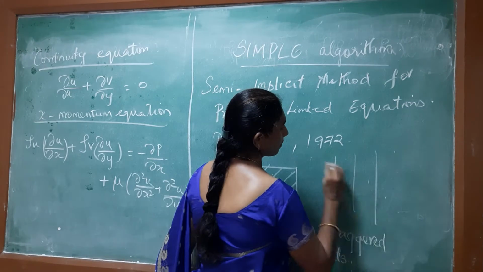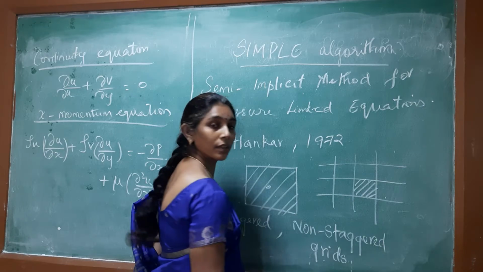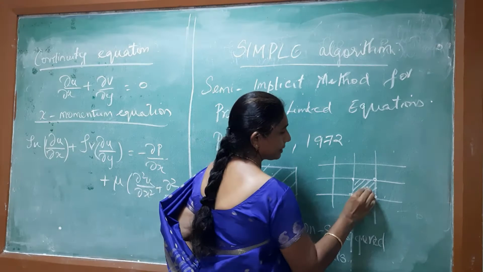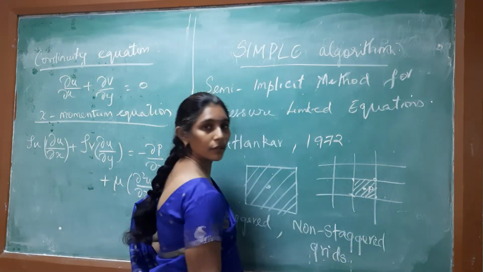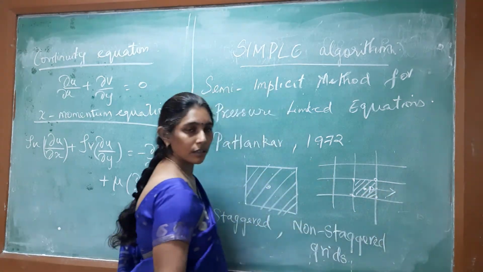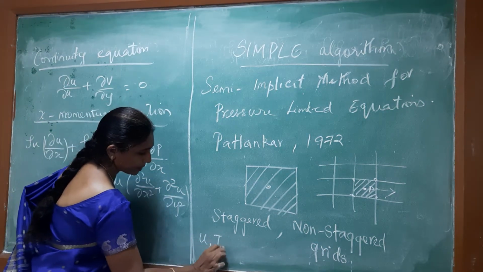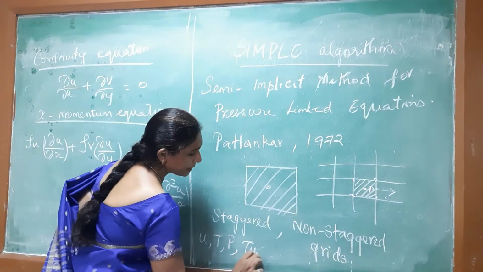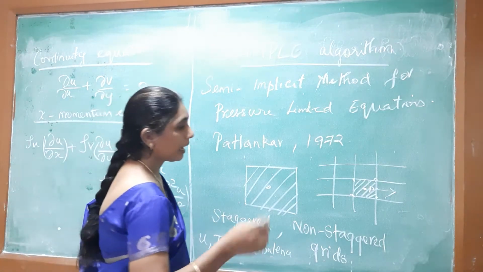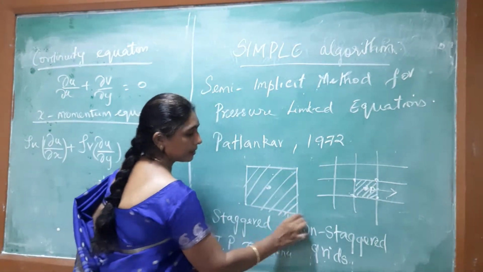Suppose I am taking a flow field like this, and this is the control volume of our interest. Here we notice that there are end nodes. There is a central node also. Say I am marking this node by point P. Now the flow occurs in this direction. If all the parameters, that is velocity, temperature, pressure and other turbulence parameters, are measured at the central node of this control volume, then you call it a non-staggered grid.